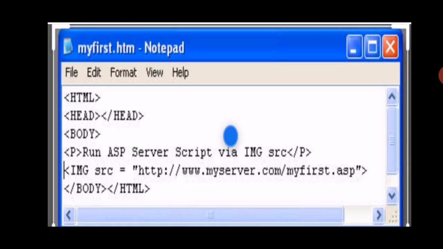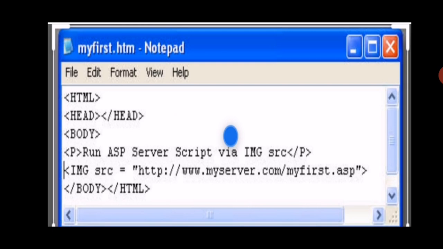Another slide is here, you can see my another document. In the body part I am using a p paragraph tag, and I am writing a description here.